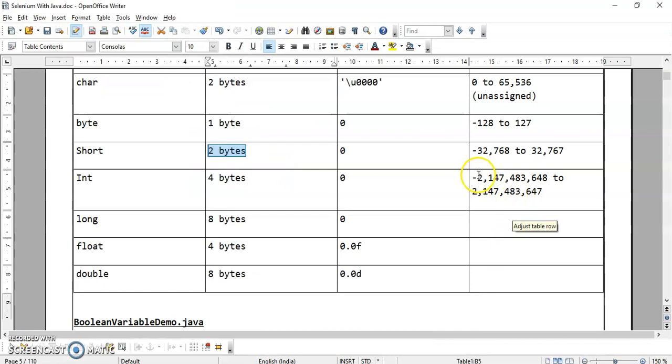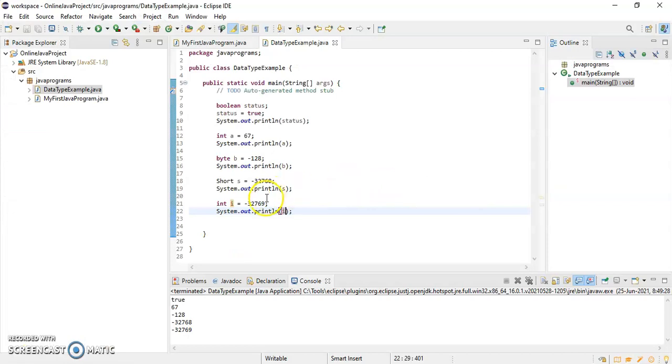from minus 2,147,483,648 to 2,147,483,647. So no problem. So let me take this value and I'll just write it here and remove commas.